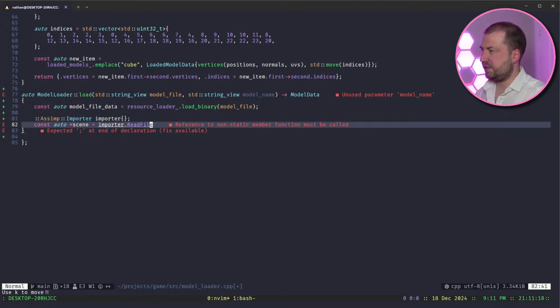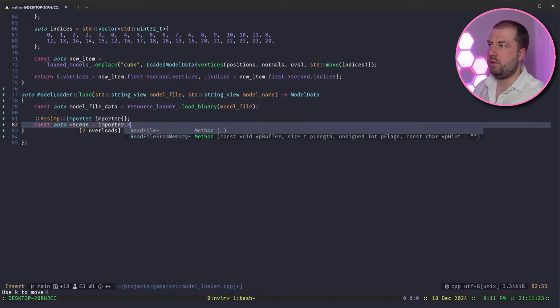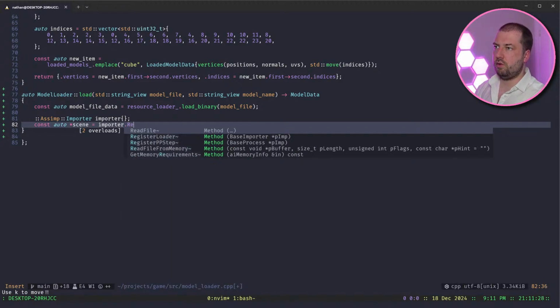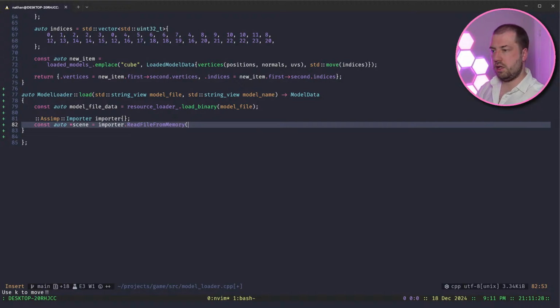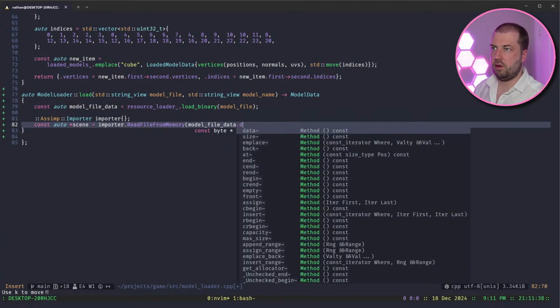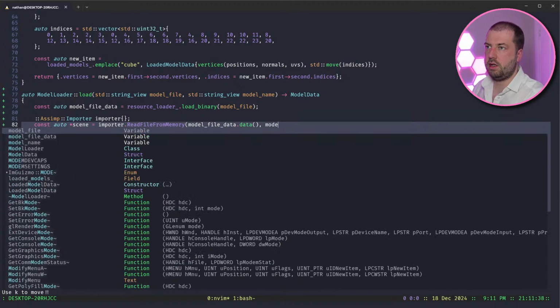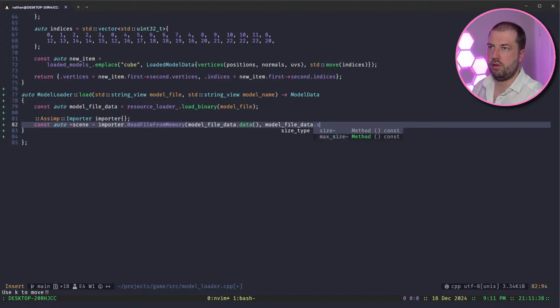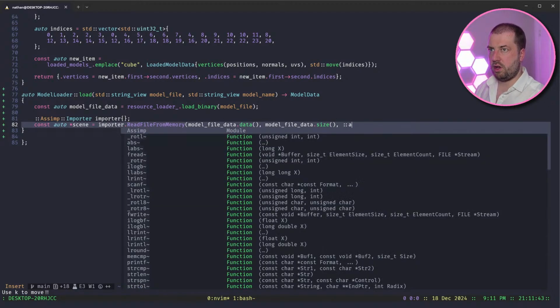I agree, I'm not a massive fan of uppercase in file names, but that's a personal preference of mine. Okay, fine. So now we should be able to do importer.read from memory, and this takes a model file data dot data, model file data dot size. And then the flags I want are AI